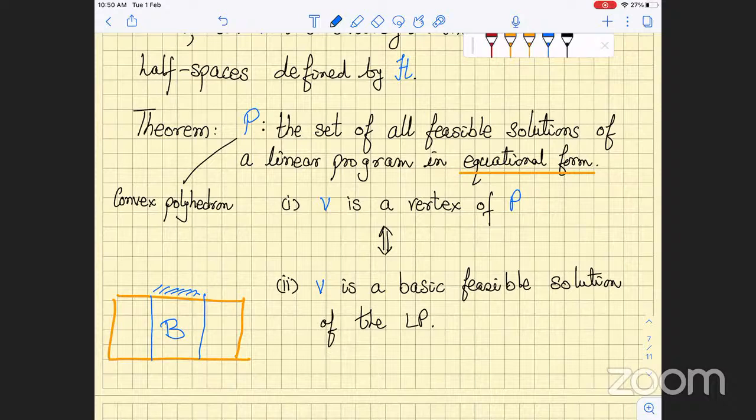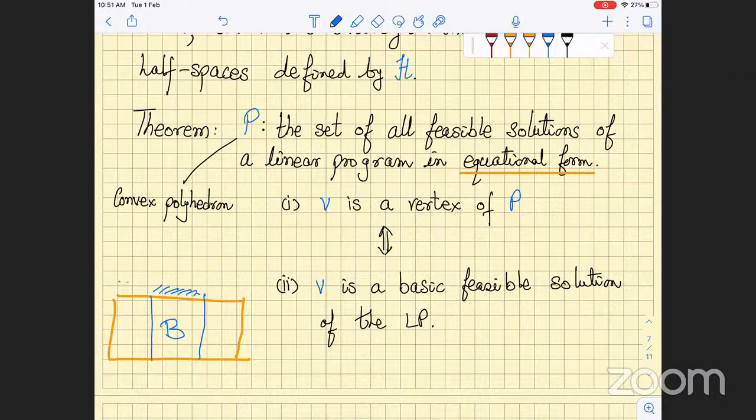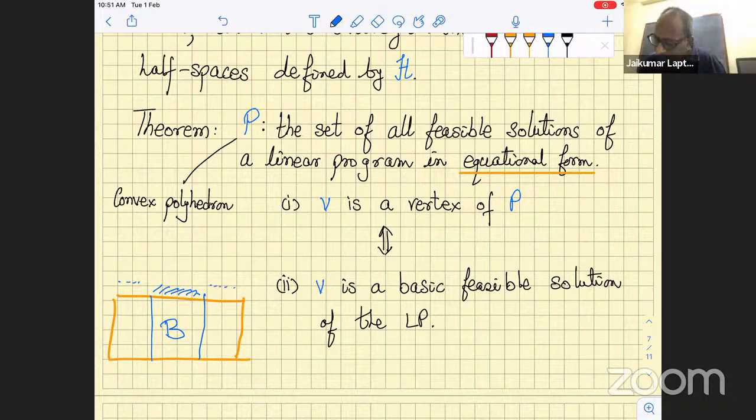So let's consider the vector c which has ones outside of this basis and zeros in the coordinates corresponding to the basis B, and minimize the inner product with this vector. The claim is that any solution